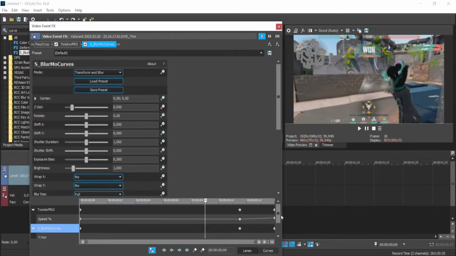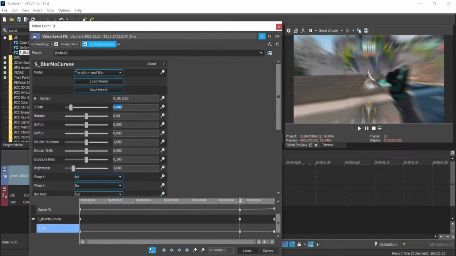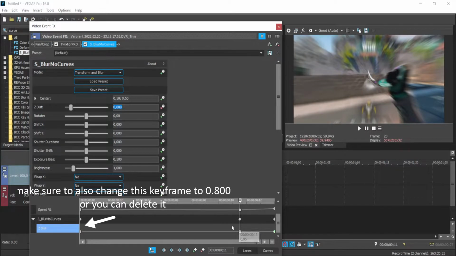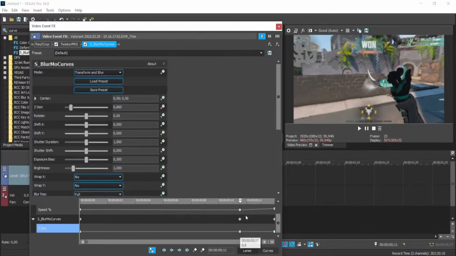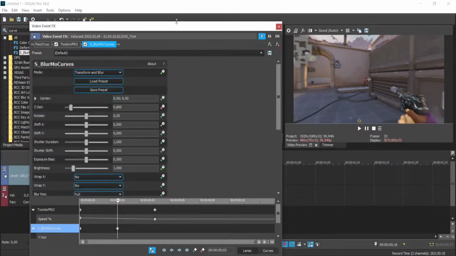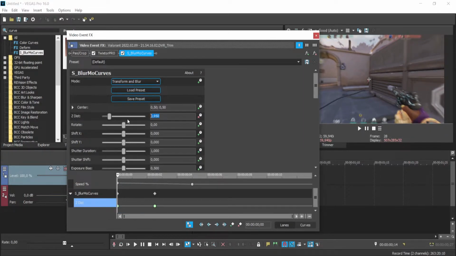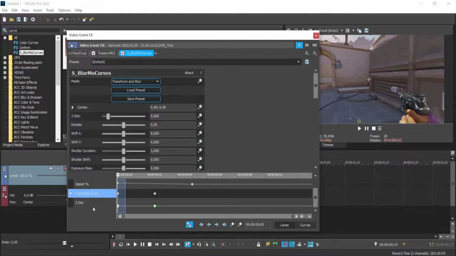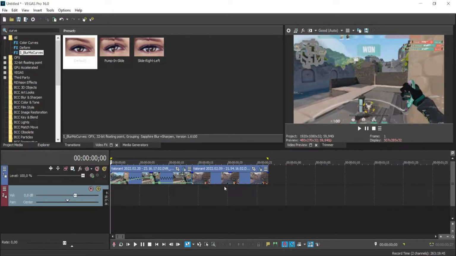you can obviously make the same thing for the zoom out transition. So let's say that this keyframe here is set at 0.8 and you want to make a zoom out transition. So what I'm going to do is I'm going to go the last keyframe and I'm going to put it at 0.950. Both have to be fast fade. Then I go over the second clip and I'm gonna change these two keyframes. The first one is gonna be 0.8 and the second one is gonna be 0.950. So if I pre-render this,